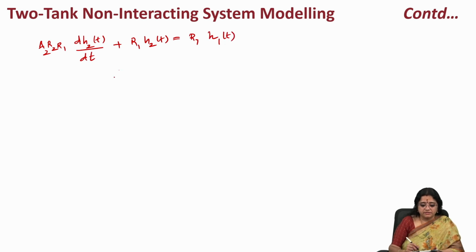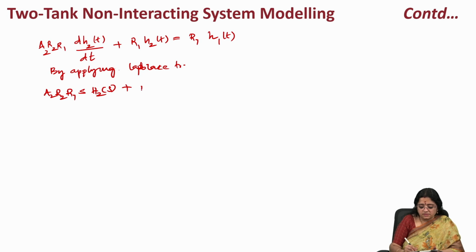So we already have this expression derived from the tank 2, and we will simplify this by applying Laplace transformation. So this becomes A2 R2 R1 S H2 of S plus R1 H2 of S is equal to R1